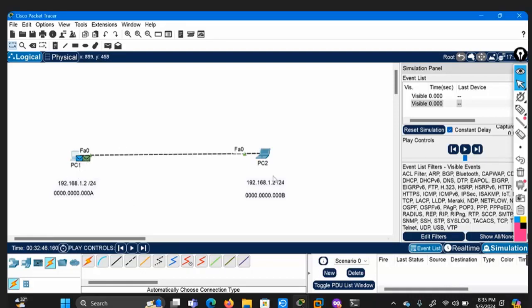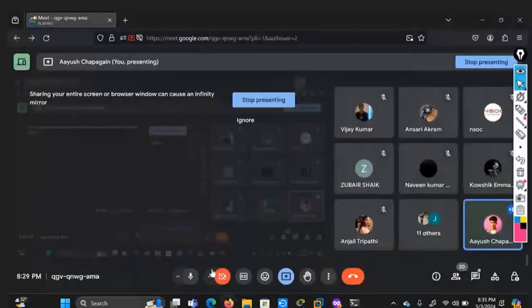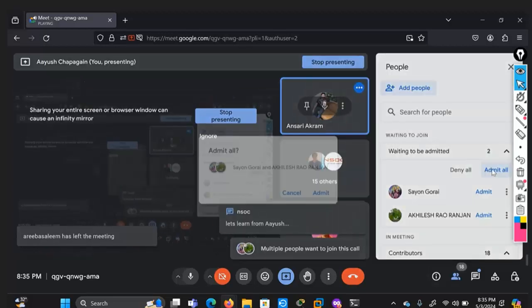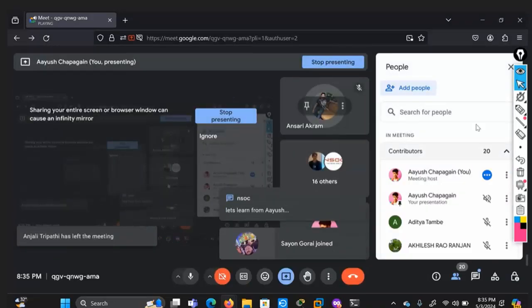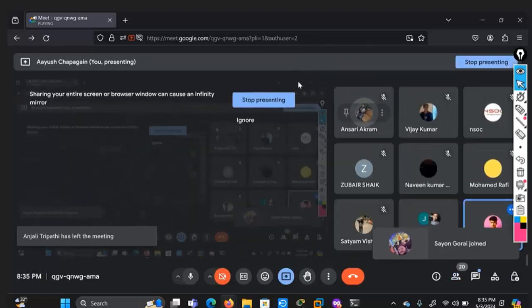PC1 does not know the MAC address of PC2. Please, anyone reply if you understood. Yes, correct. Will the ICMP packet or the ARP packet go first?